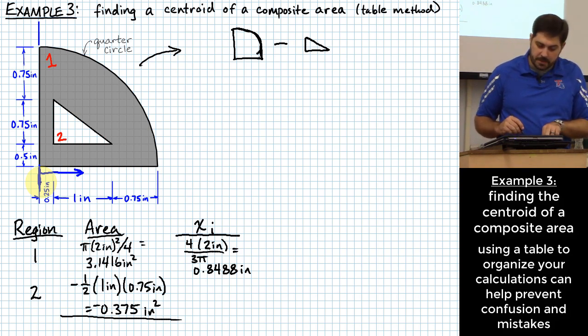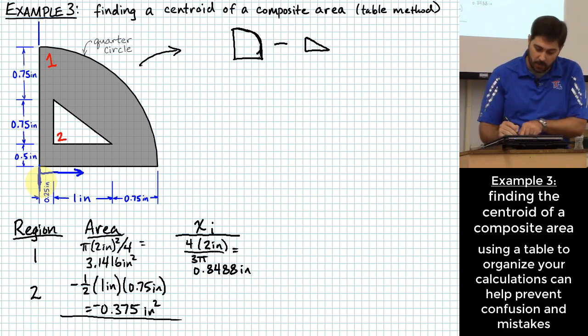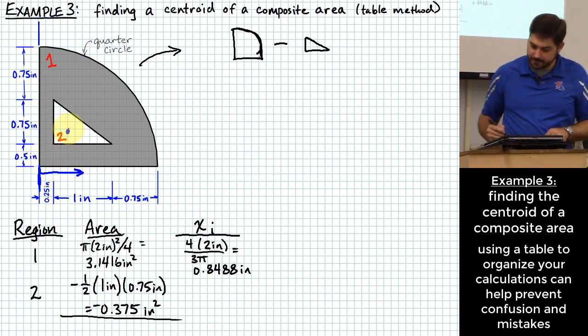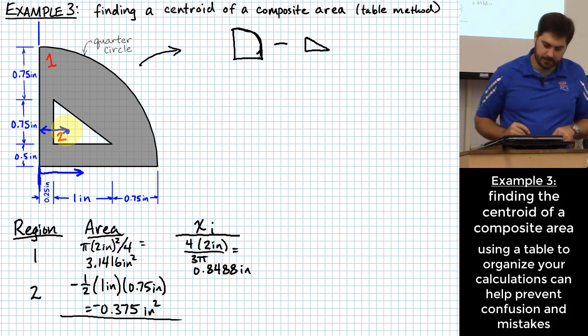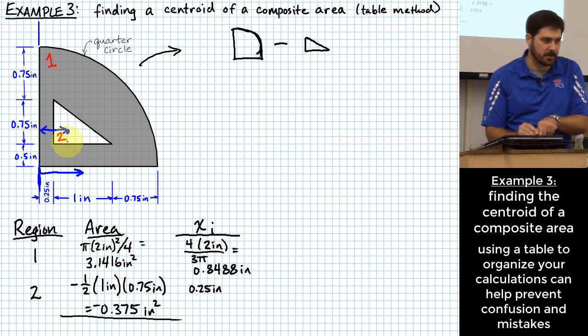When I do it for region 2, where should be my reference location? I should use actually the same reference location. When I say where is my x sub i position, right, it's going to be somewhere in this triangle, right? But I need to measure it again relative to the same edge. Okay? So whatever I come up with here is going to have to be 0.25 inches